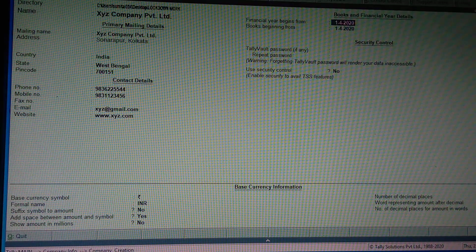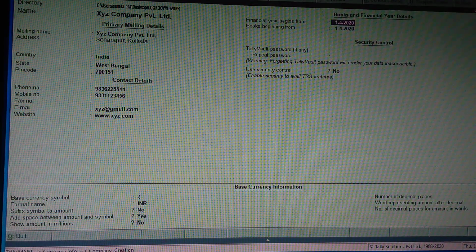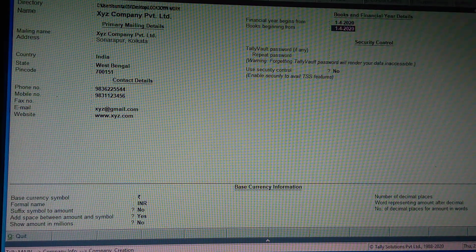I can input 1st of April 2020, and books beginning from 1st of April 2020. There are two options for your financial year details. One is financial year begins from, and the other is books beginning from.